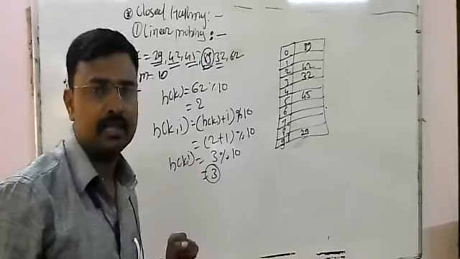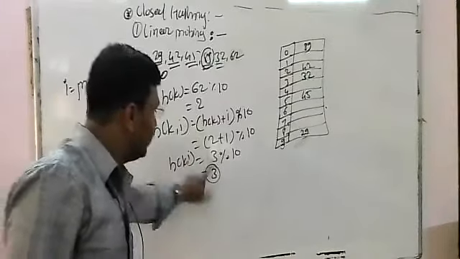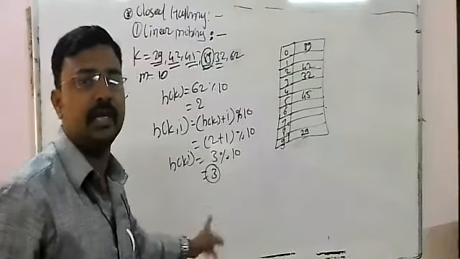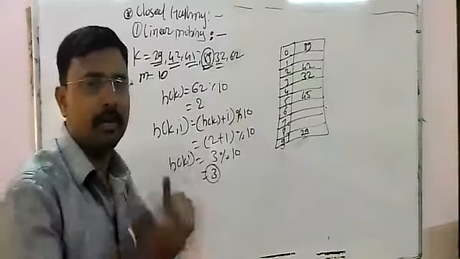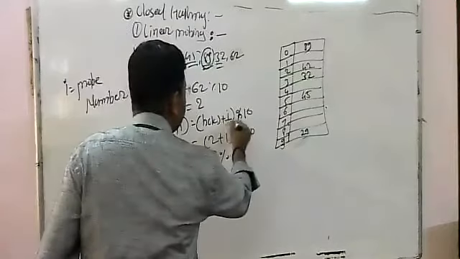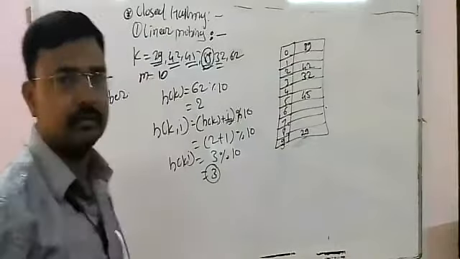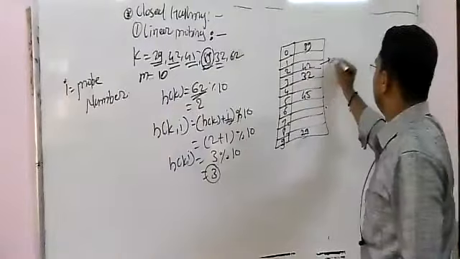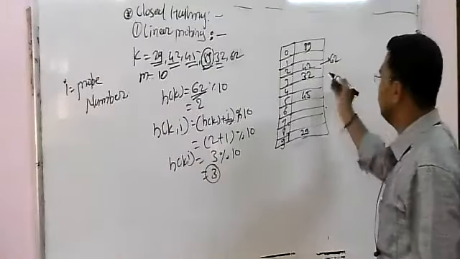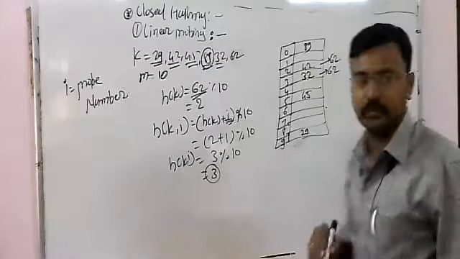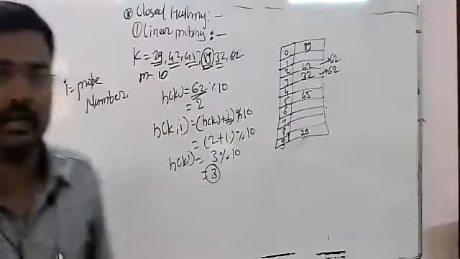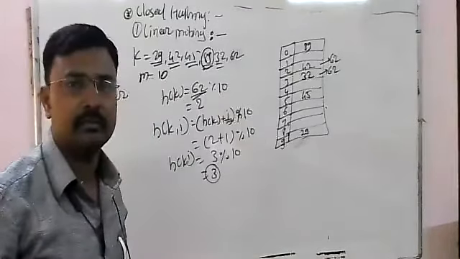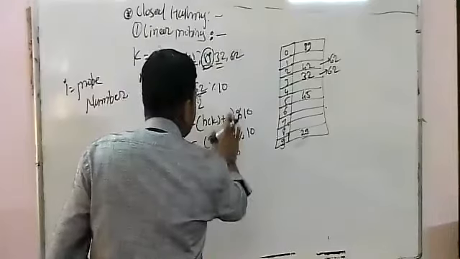But what happens here? Now for this index also there is one element. Now this I value is again incremented by 1. Means what? For 62, collision is occurred at this position. Again collision is occurred at this position. Means how many times collision is occurred? 2 collision times. 2 times. Now the probe number is 2.